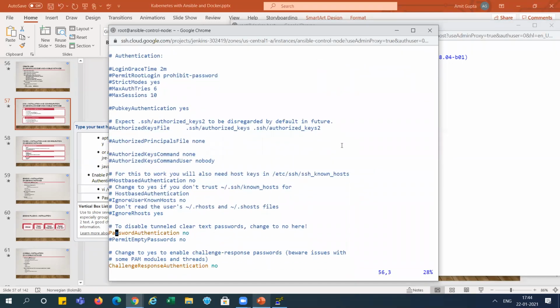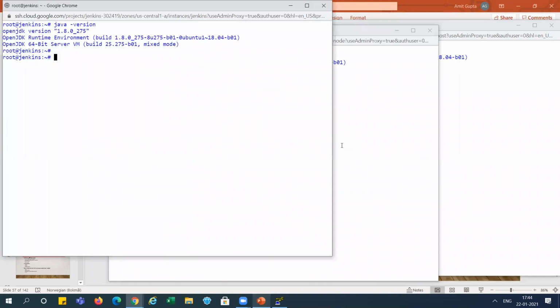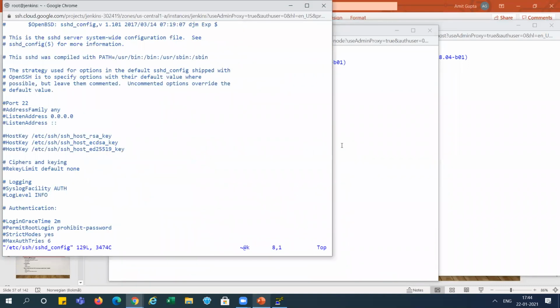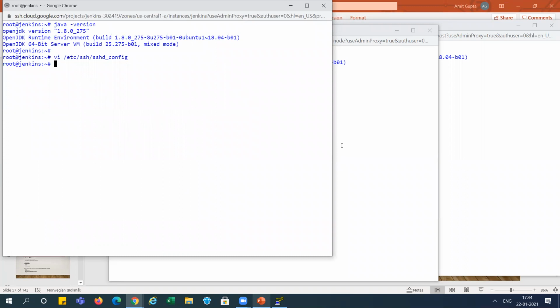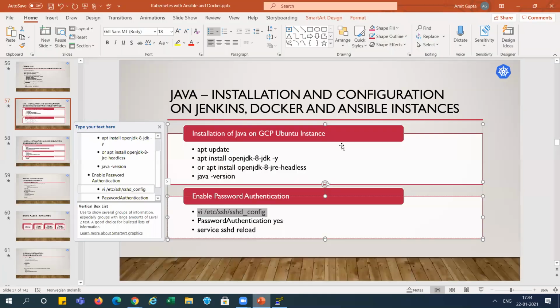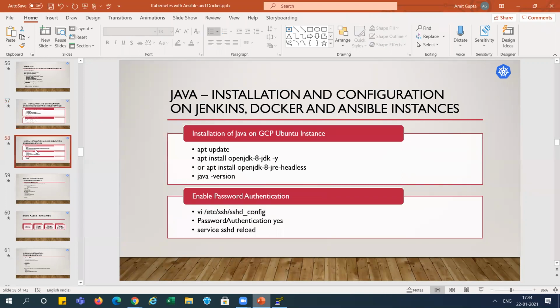Because by default it is no, we are not able to use the password authentication. Okay, we have done this one, and now this step is completed, right? Now move to the next slide.